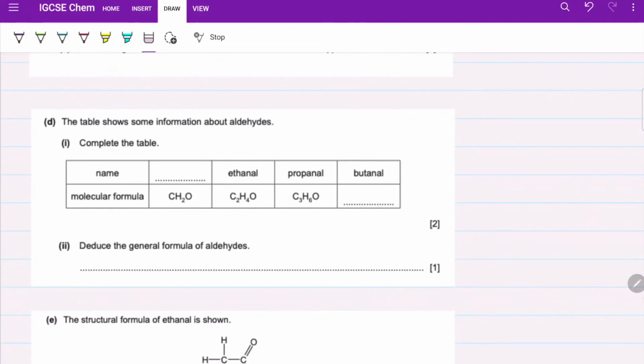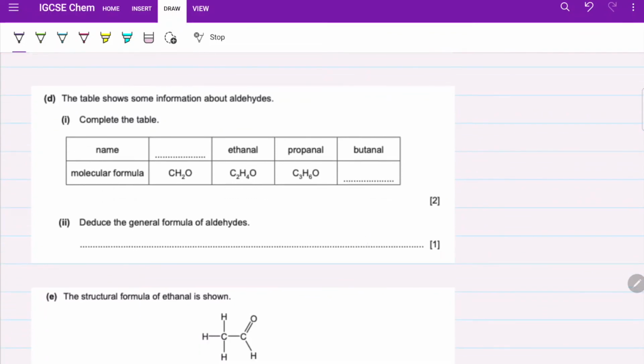The table shows some information about aldehydes. Complete the table. So there's a pattern. You have ethanol, propanol, butanol. Here you have 1 carbon, so that is methanol. You should have memorized the prefixes by now. If you haven't, that's okay. Keep a sheet with you and keep using it until you fully memorize them. Now, for butanol,